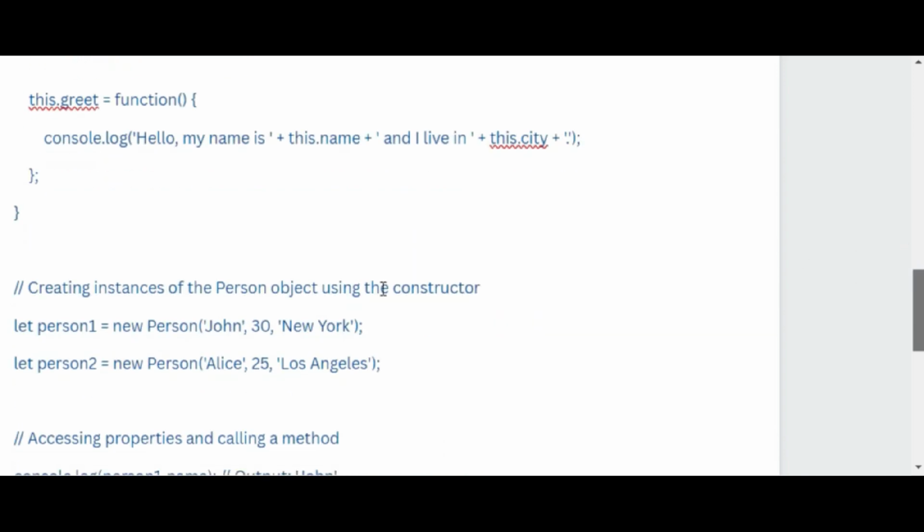Next, creating instances of the person object using the constructor. let person1 = new Person("John", 30, "New York"); let person2 = new Person("Alice", 25, "Los Angeles");